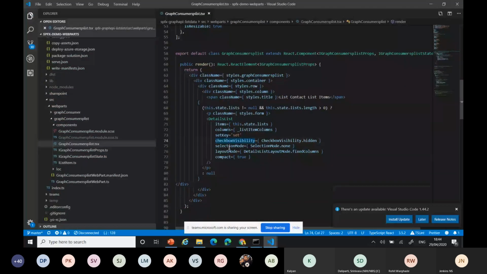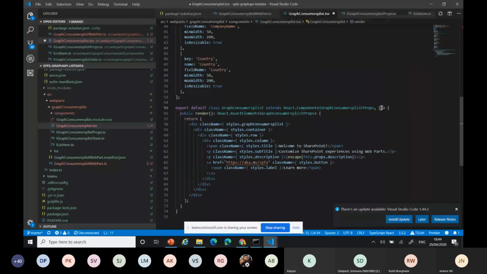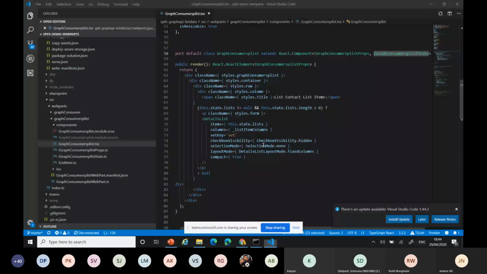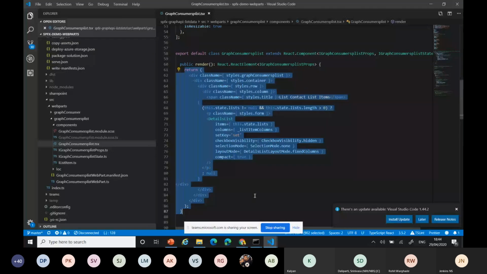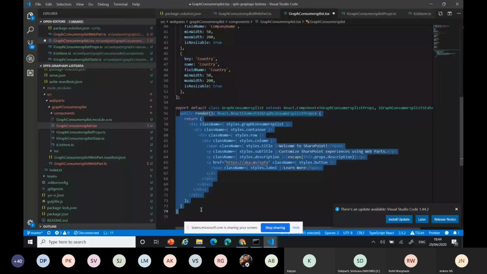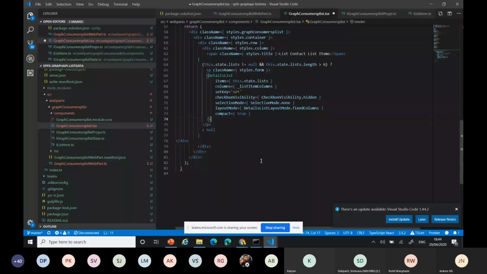Then for the rendering part, it's the same thing only; you can see the difference. The only thing I added is the state here. By default, it's not having the state, so you can import that. Then I can render this normal div class only. I'm not modifying anything, just the header. In the output rendering value, I can add the DetailsList control with the list item output from my REST API. Just taking this render method. Now I've got the render method ready.